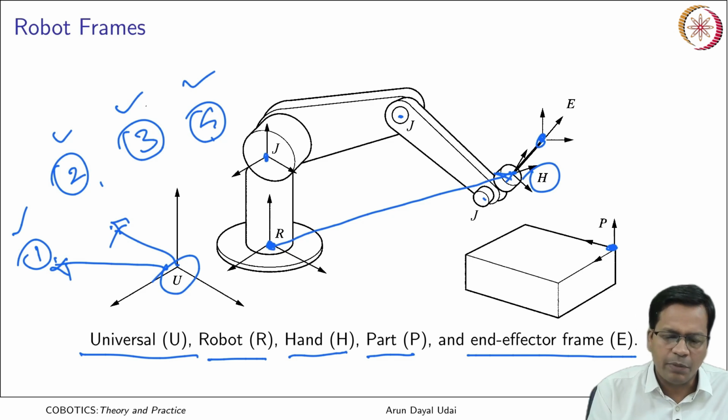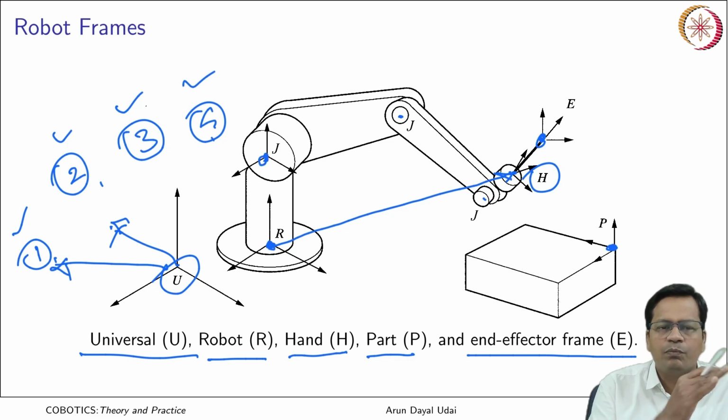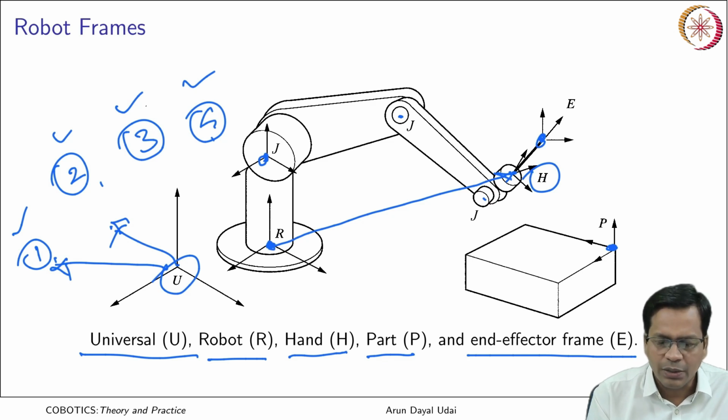Apart from these, there may be many other frames which are helping us to do the kinematics, dynamics, controls and many other things. One such frame is a joint frame. This is the axis about which the links of the robot move. That is known as the joint frame. So, we will talk about each one of them precisely when it comes.